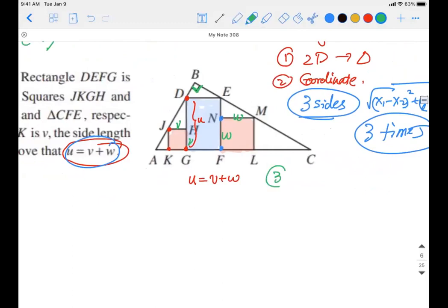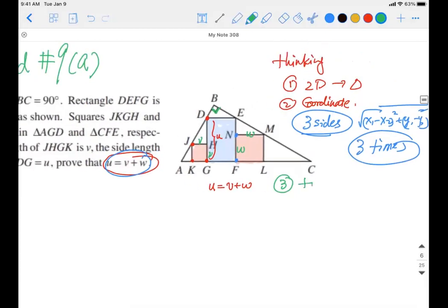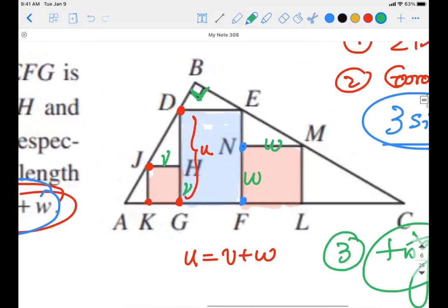Then what about our number 3, the third approach? As long as we have no way to do the 2D way, and it is not so easy to do the coordinate geometry, like I said, sometimes trigonometry can help you do some work. If we want to talk about trigonometry, normally speaking, I still want to put them into a right triangle using the definition, and so on and so forth.